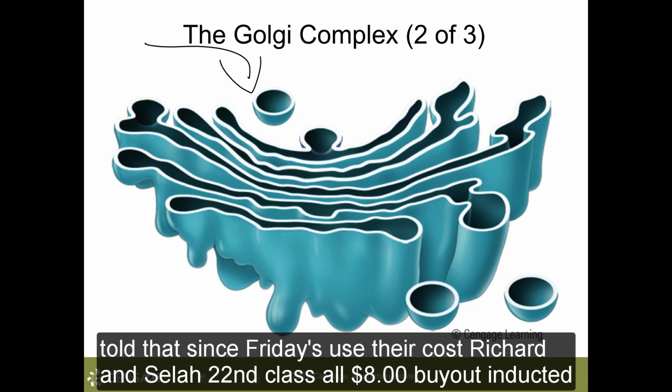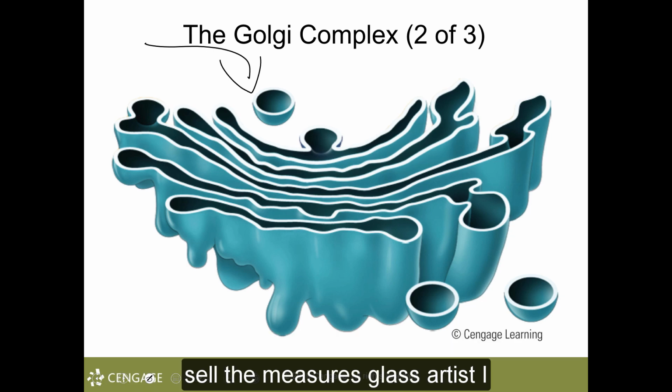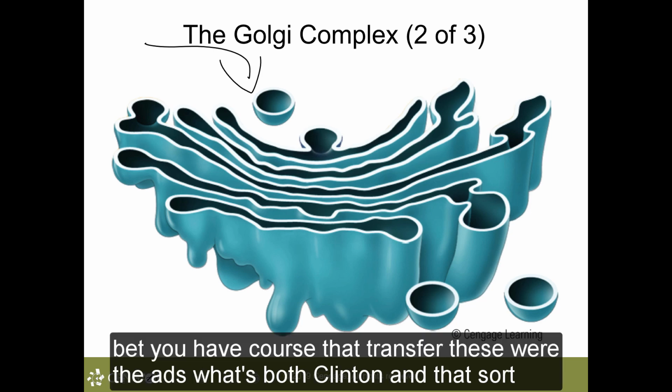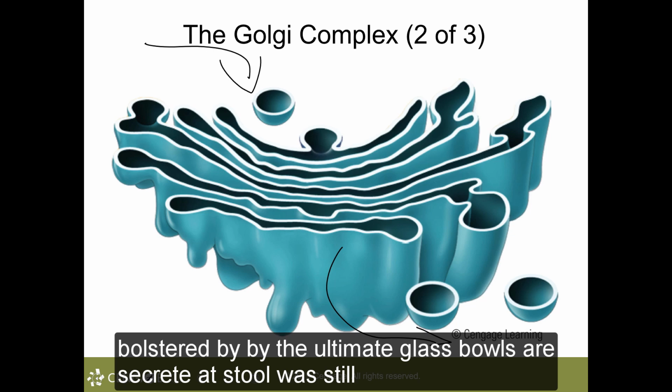So that cis phase is there, class, for entry. That's what just happened, class, by way of our rough endoplasmic reticulum. So the medial region, class, is that in between. And then you have, of course, that trans phase for the exit, class. Those proteins that came in to be sorted, the ones that came in to be modified, and then ultimately, class, those that are secreted, of course, leave the cell.